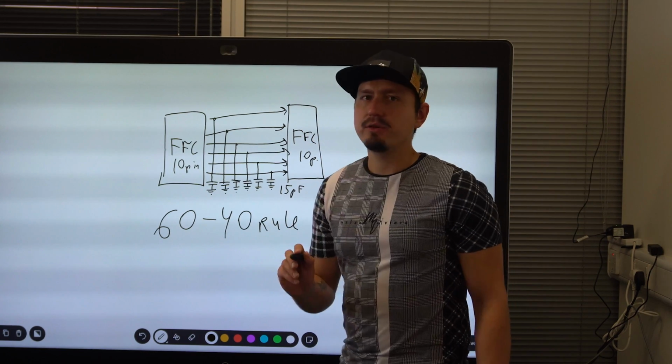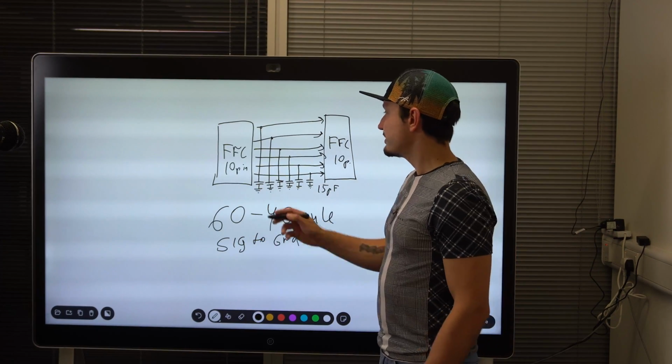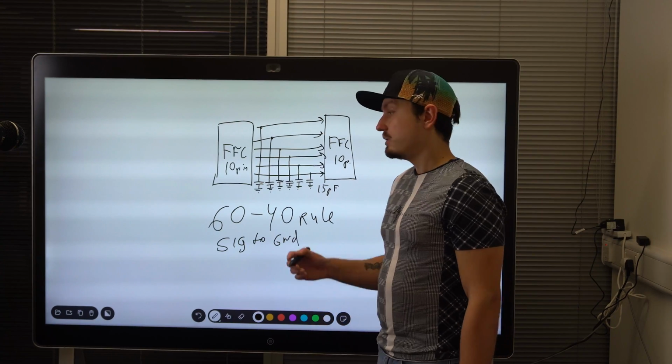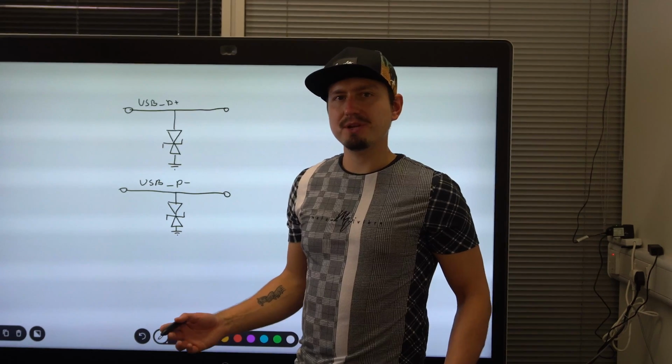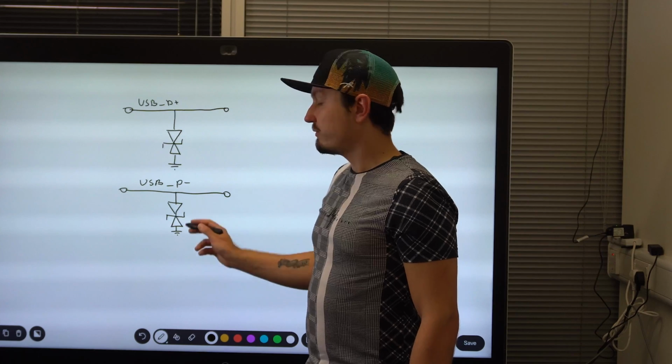And that is the ratio of signal to ground. So basically, on a 10-pin connector, we should have 6 signals and 4 ground pins. The last thing I'm gonna say about PCB layout today is that when we add a TVS diode for protection